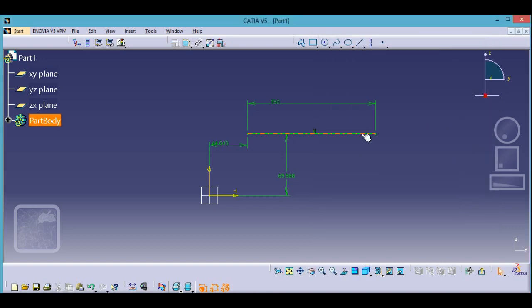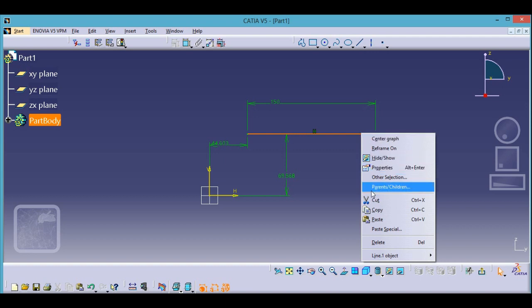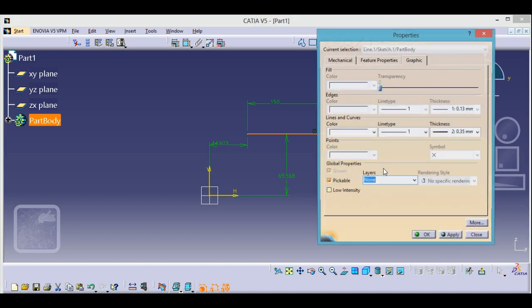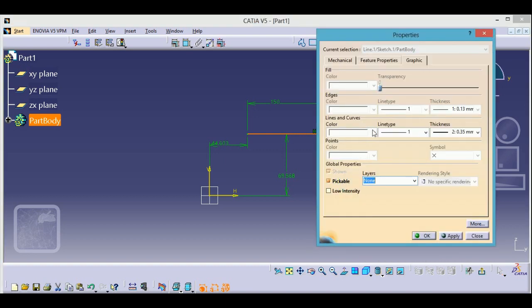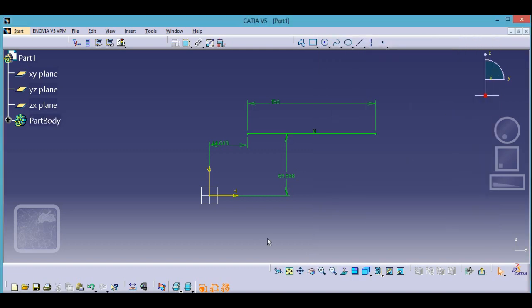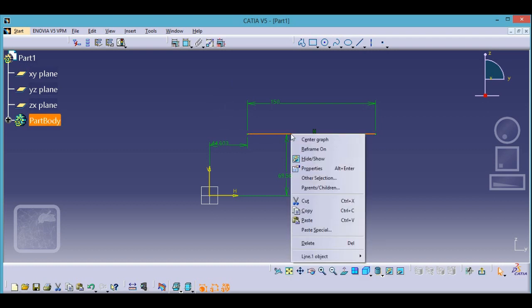You can just go here, M2 and properties. From here you can check the color. How I'm going to check all of those, I will tell you in just a few seconds. So that's all about the line.